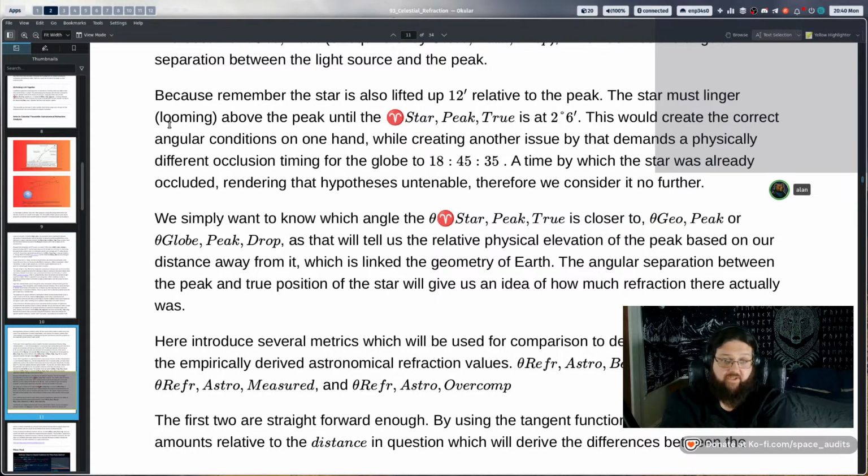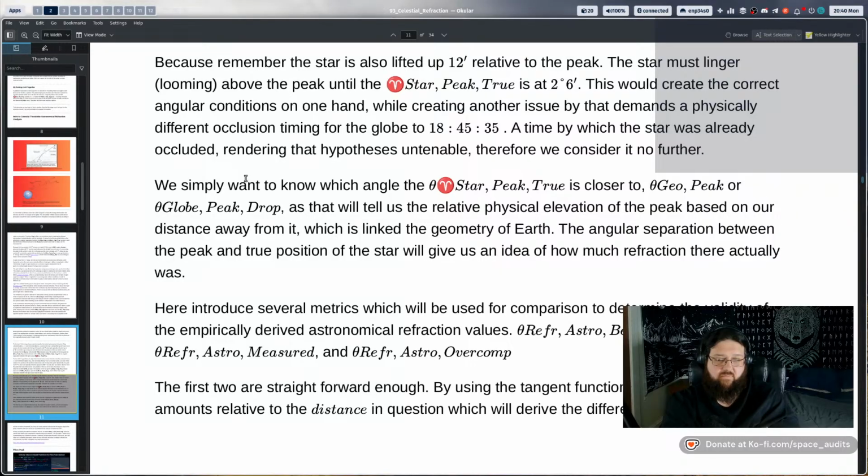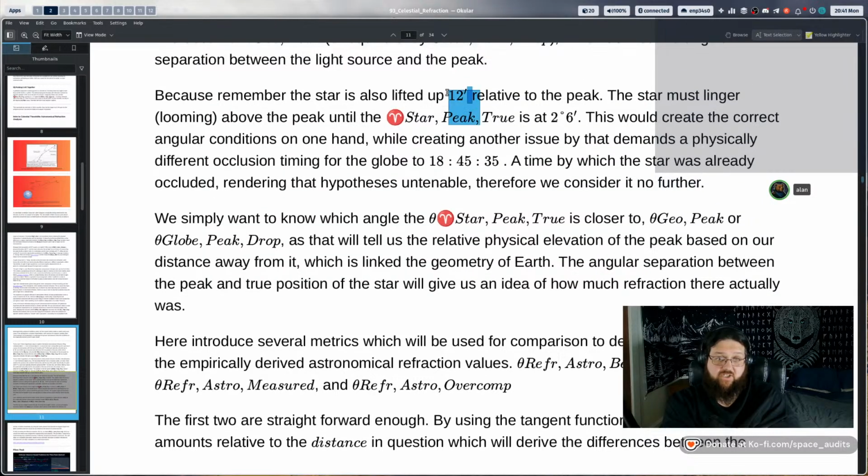So we're only considering the intersection angle at the peak. We're not waiting for it to line up, because it's not occluding then. It's occluding when the intersection is only like 2 to 4 arc minutes. We'll go over the scenarios there, but the premise is they should have to match if the refraction lift is 1-to-1, which would create effects where stars get occluded by mountain peaks, but they're just lingering there for a little bit because the refraction difference has to be fully compensated by the star dropping enough below it angularly so that it actually gets occluded. But that's not what's observed.